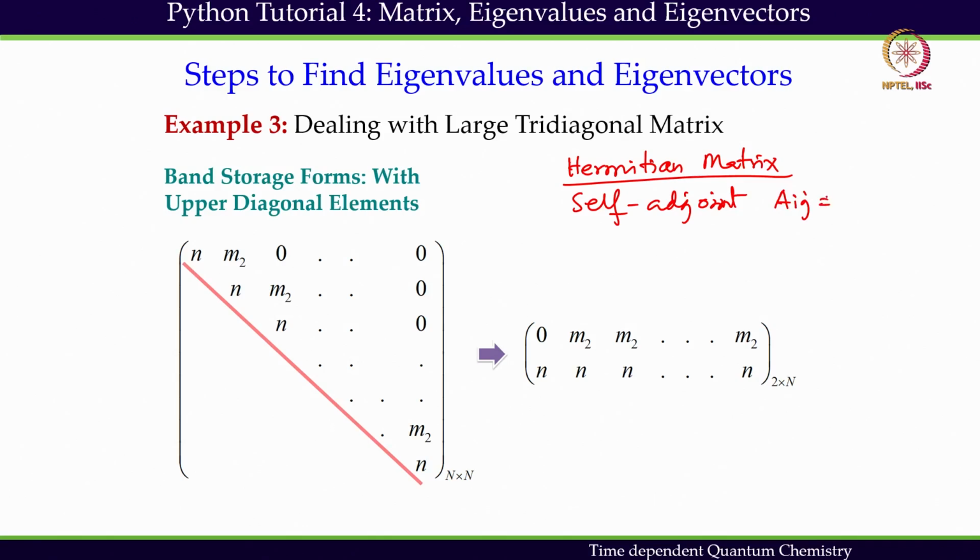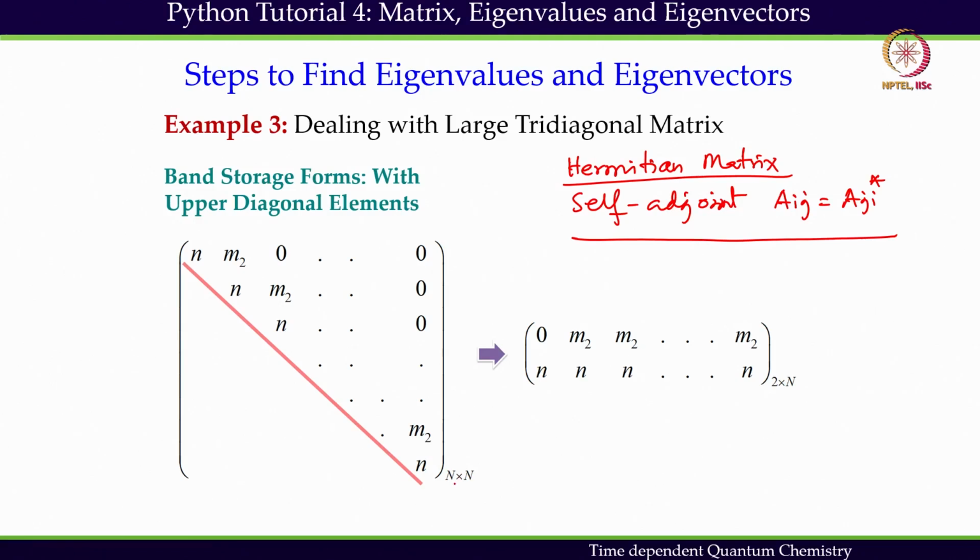A_ij is going to be A_ji star, and due to this symmetry, because it is self-adjoint,